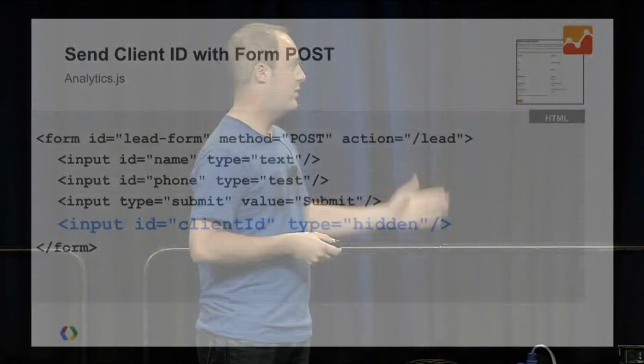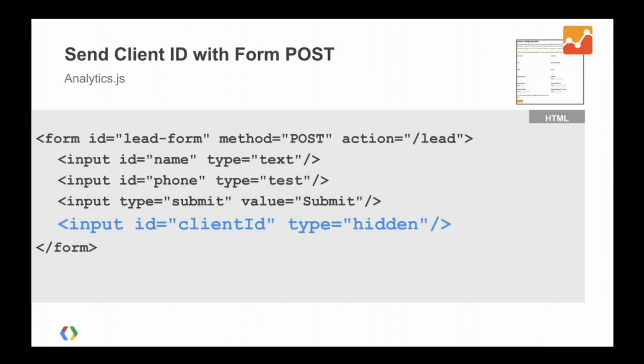So let's see how that looks. Let's see how the first step looks. So for the form itself, we want to submit the client ID with the form. So we need to add a new field to the form. In this case, the ID is client ID, but it could be any ID, whatever of your choosing. The important thing is that the form element is hidden, and we're going to use this to set the value for the client ID when the form gets posted. So we have this new element.